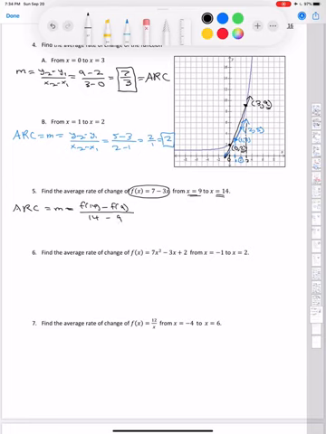So again, y2 minus y1, the numerator, and divided by x2 minus x1 here in the denominator. And if we want, we can put that here in a different color. All right, so I'm going to highlight that. Now with that said, as we're looking at this and trying to calculate the slope, let's go